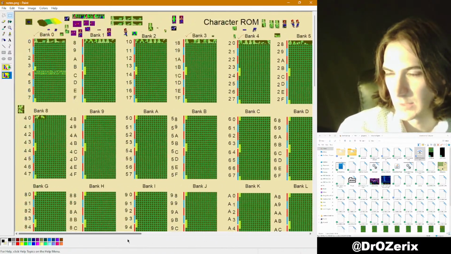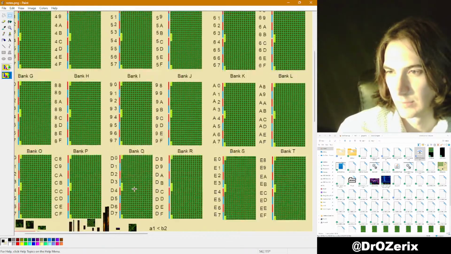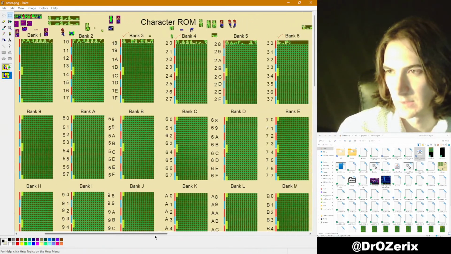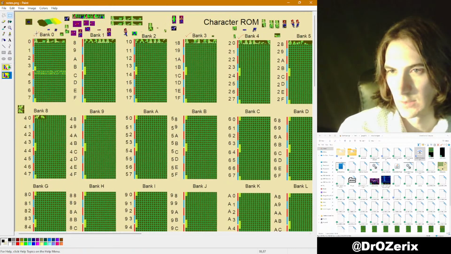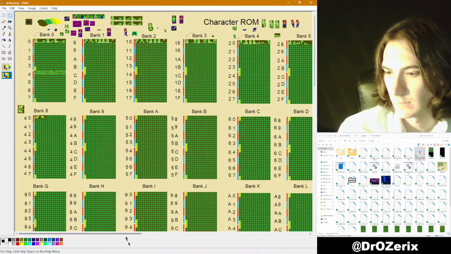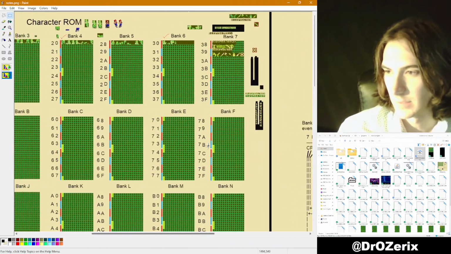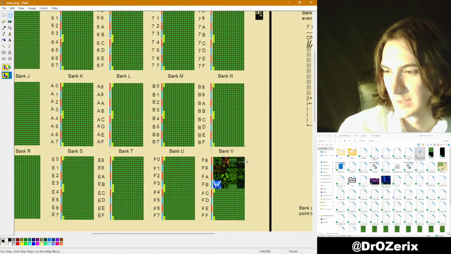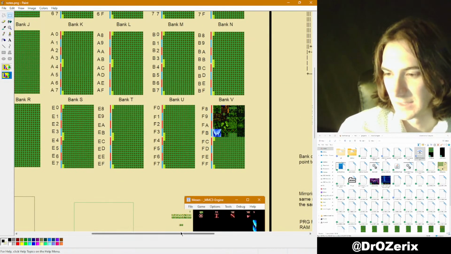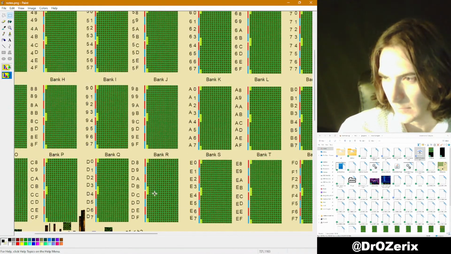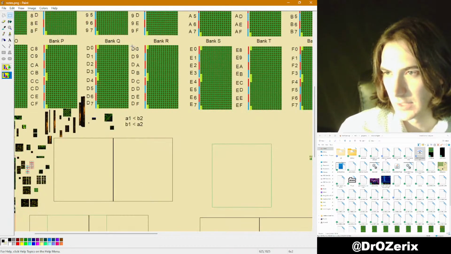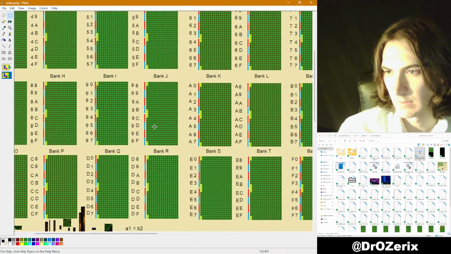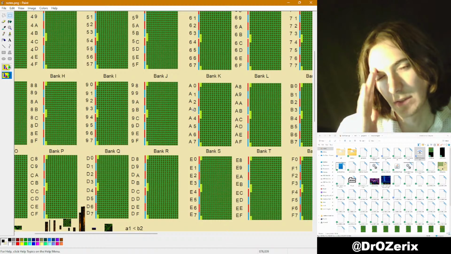Yeah, this helps me get a quick, broad overview of how everything's organized here. So each of these are different data banks. This is bank 0, this is bank 1, bank 2, bank 3, bank 4. MMC3 has a lot of banks, so it goes up to bank V. I also have them numbered here. These are used for actual bank swapping, since MMC3 has,